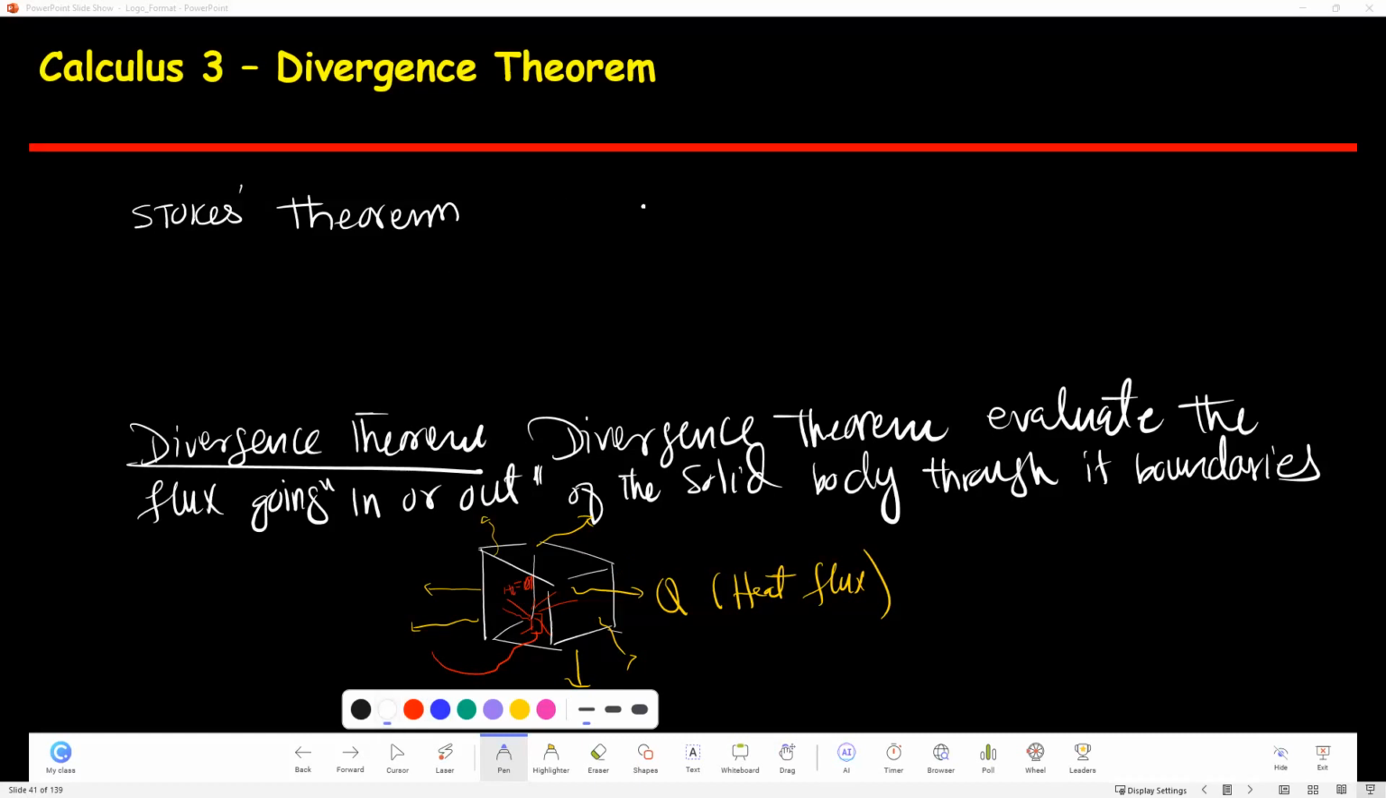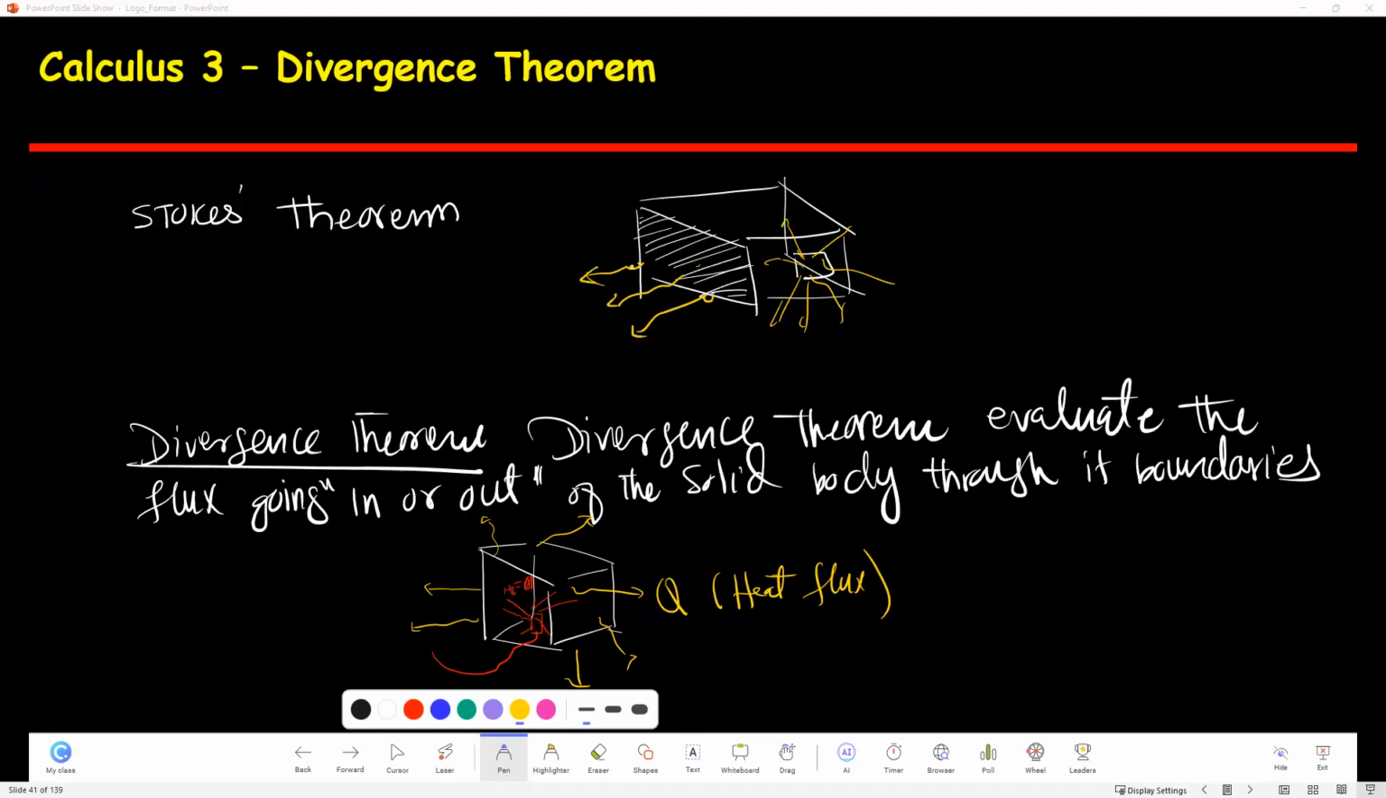Stokes theorem is different. Stokes theorem is, if you have a room, right, how much heat is coming out of this wall, or maybe you just have a window, how much heat is coming out of this window, that is Stokes theorem. And it's mostly in a certain direction. So this heat coming out of this, that is Stokes theorem, right? And this is Q, heat flux,